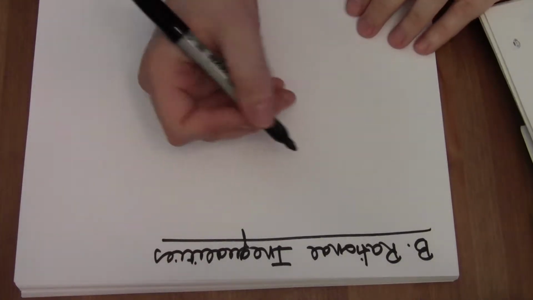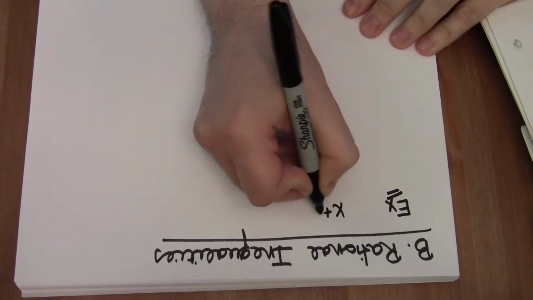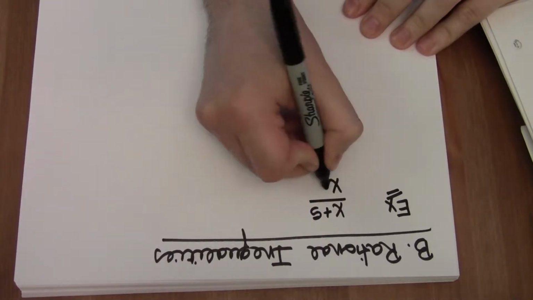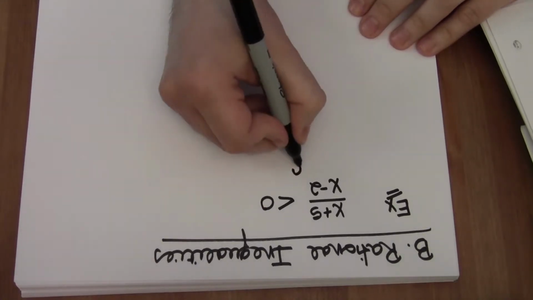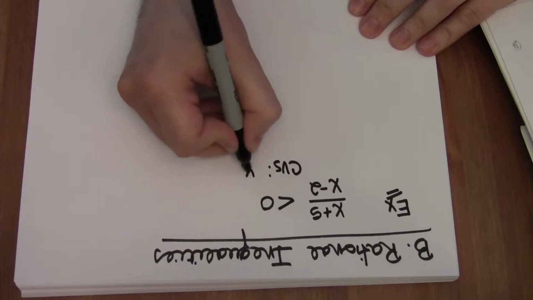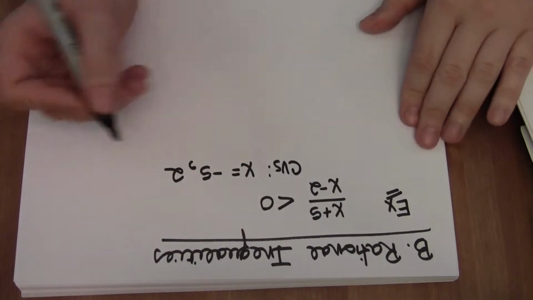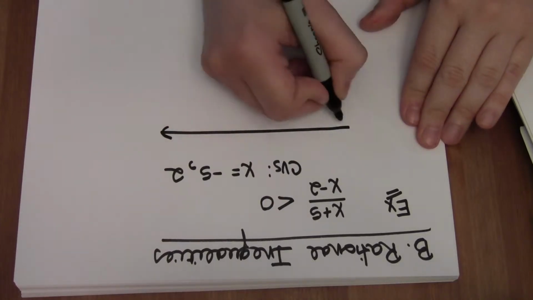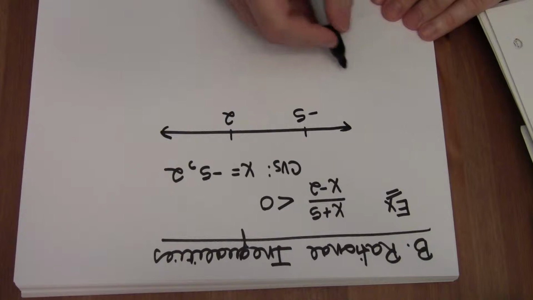Part B, rational inequalities. We're going to solve these in the same way. The only difference is we might have some critical values that come from the denominator, along with the numerator. My critical values come from setting the denominator and the numerator equal to 0. When the numerator equals 0, we get x equals -5, and when the denominator equals 0, we get x equals 2. Plotting these on a number line, I get -5 and 2, and then I'm just going to plug in